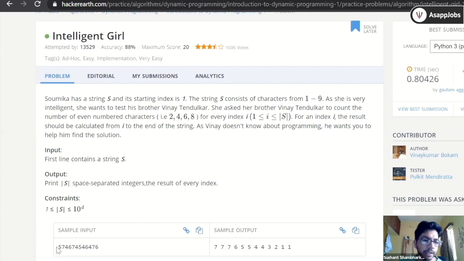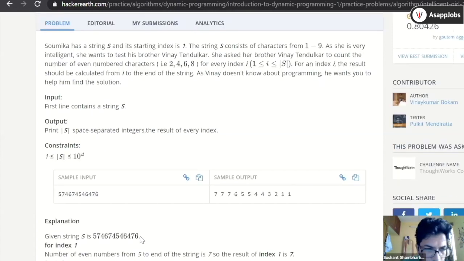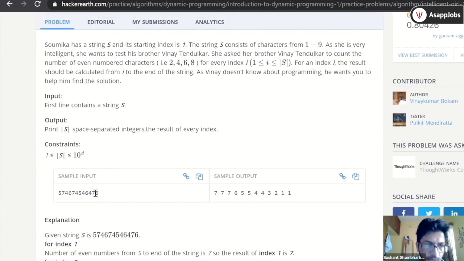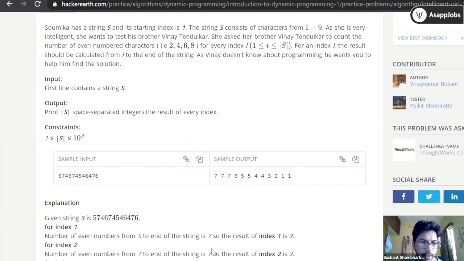So basically for this input, 5746, you have to calculate the number of even numbers from I to the end of the string. Like if I is 0 and the length is 12, there are 12 characters in the string. From 0 to 12, how many even numbers are there? If you count, you will get 7 even numbers.